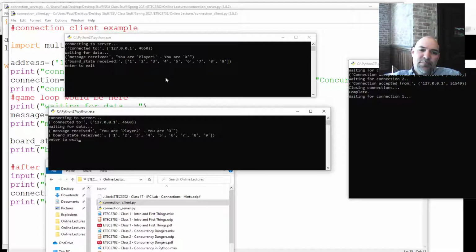You then send that move back. That means the server would have to have a receive to receive that message and parse it in some way. And once that's parsed, you update the board state on the server, send it back out to the next player, and so forth. So this gives you an idea. The cool thing about the connection object